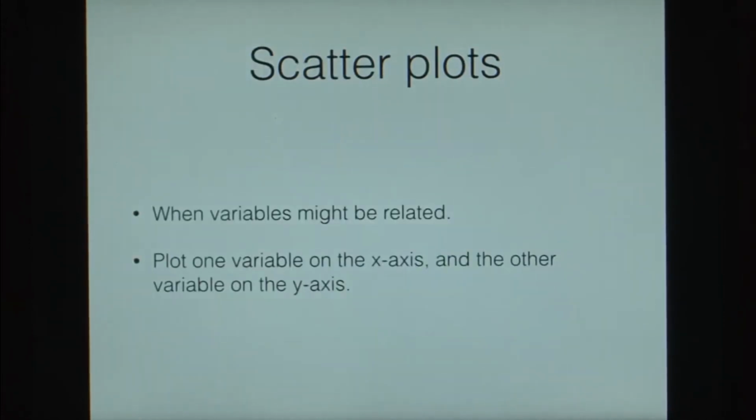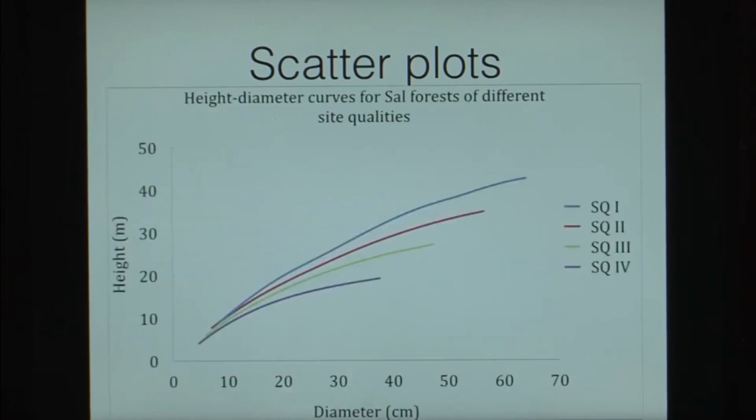Now, when the variables might be related, we use scatter plots. In the case of a scatter plot, we plot one variable on the x axis and the other variable on the y axis. If there is a relation, we will observe a trend. So, let us look at some scatter plots. This scatter plot shows height, represented on the y axis, and the diameter of trees, represented on the x axis, in the case of sal forests of different site qualities. Here we observe that as diameter increases, the height also increases,